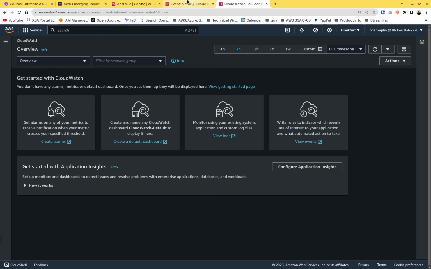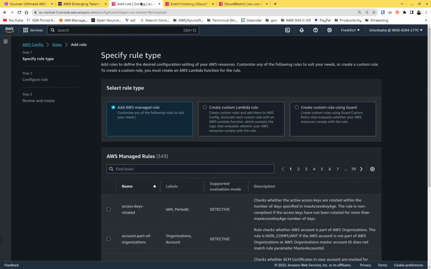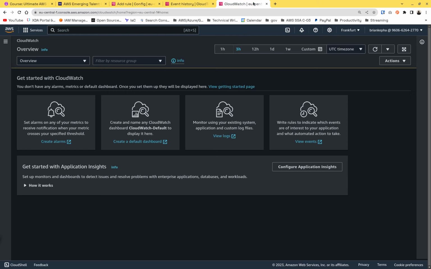So we have CloudWatch, we have CloudTrail, and we have AWS Config. We're going to use an analogy of a car. There is a company car that is being used by the company, and people are using it. So step one,